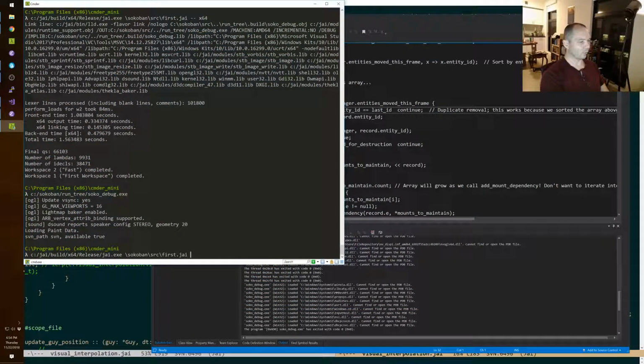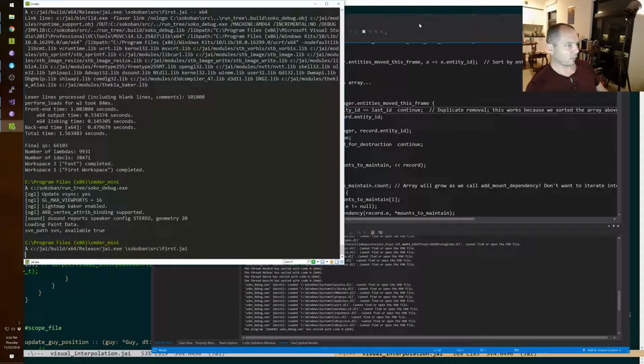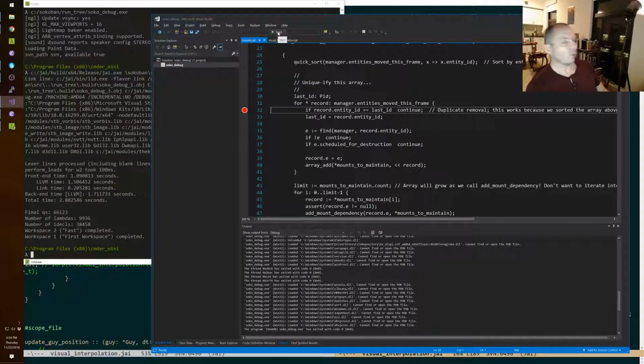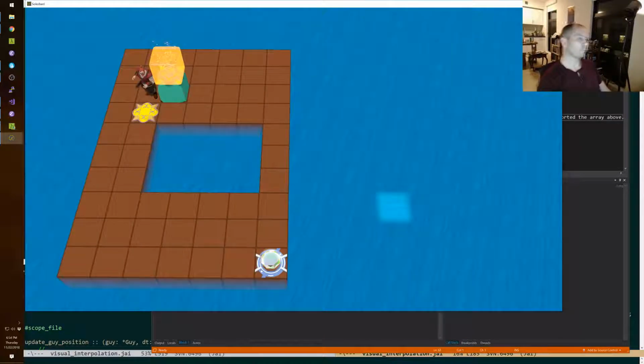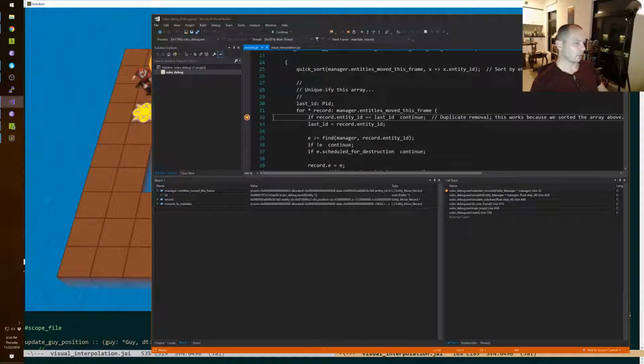Okay, well, I don't know why I didn't just make a debug build that time. See, the whole thing is, I don't even know if this is really the way I want to do it, because for movement, we also have to have a thing where moving things transport other moving things that acts a lot like this, but maybe it's different enough to be different. I don't know, man. Let's see. Okay. So, okay,